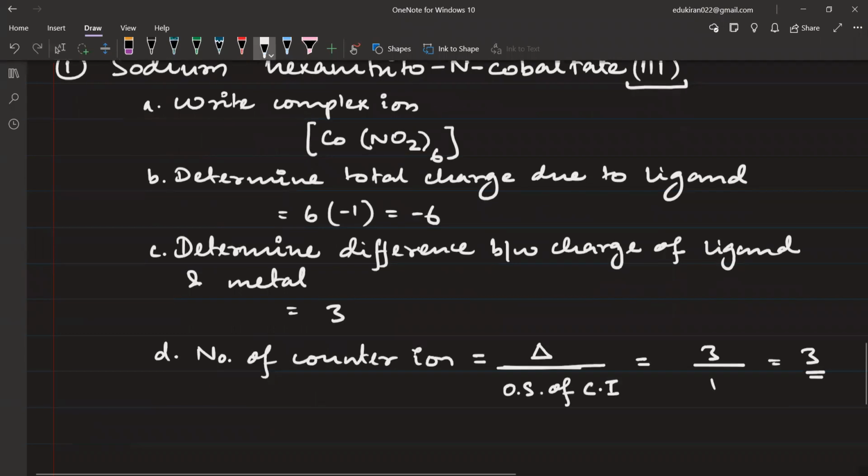Na3। यही चीज आप लोगों को डिटरमाइन करना रहेगा, जो थोड़ा मुश्किल है। Na3 एंड देन कॉम्प्लेक्स आयन तो आसानी से लिख सकते हैं आप, कोबाल्ट NO2 6। ठीक है, अब हम ये नहीं कह रहे कि यही मेथड है सर, लेकिन ये थोड़ा सा स्टेप वाइज है, आप लोगों को समझ में भी आना चाहिए कि क्या क्या हो रहा है और क्यों हो रहा है, Na3 क्यों है, और हाउ आर वी डिटरमाइनिंग Na3।